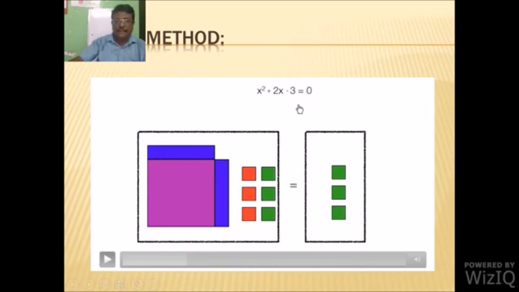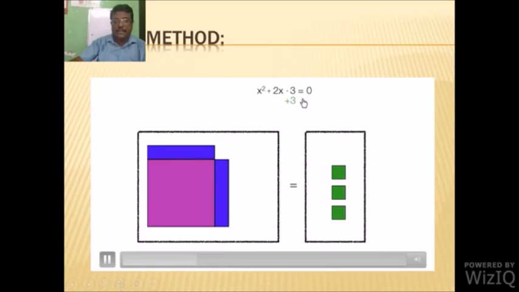That can be represented numerically in the above examples. That is x square plus 2x minus 3. What we are going to do here? We are going to remove 3 over here. How we added 3 squares? Same way we are going to add 3. So what will happen? These 3 will cancel on the left side, and the right hand side will get 0 plus 3, that is 3. So the equation becomes x square plus 2x equal to 3. So we have removed 3 squares over here.